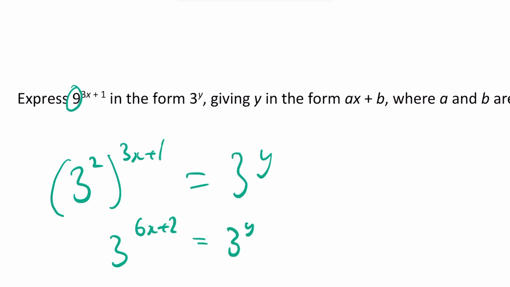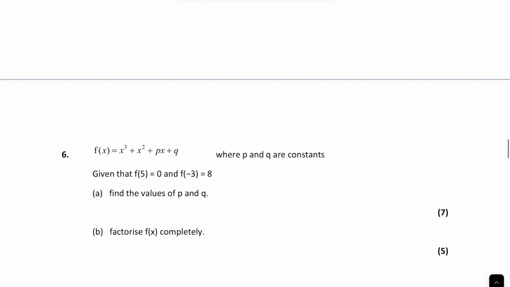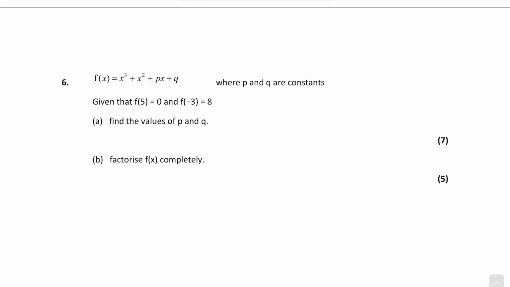And the only way that would ever be true is if this here is equal to this there. So that would mean that y has to equal 6x add 2. Right, 6. So